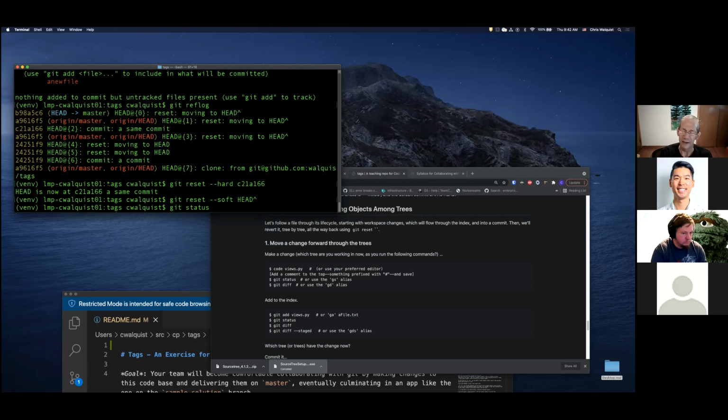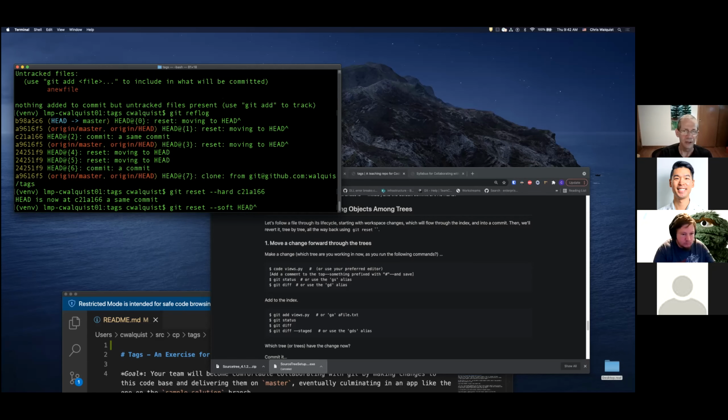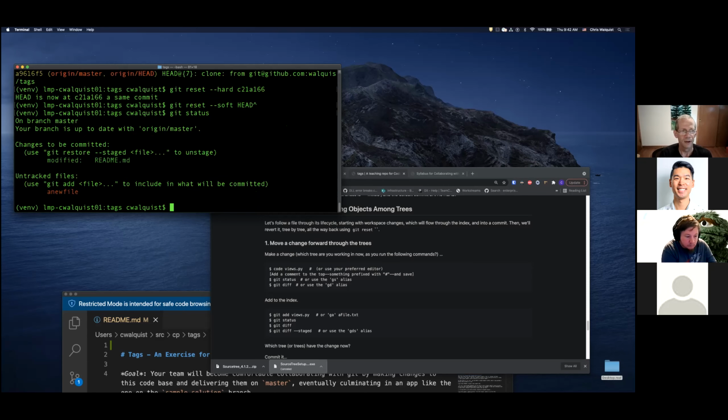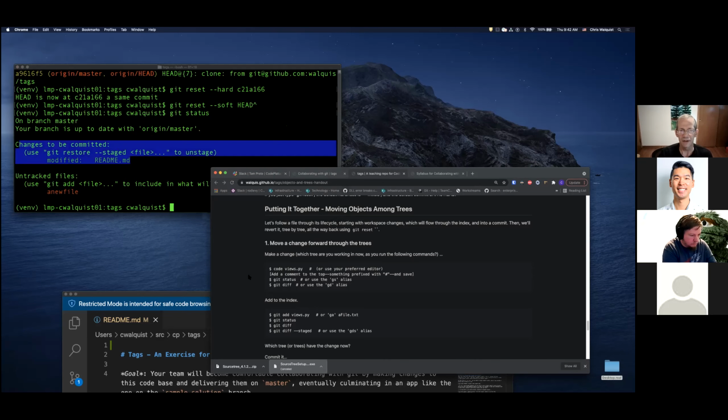There should be something else that it will show me as well. Will it be uncommitted? Will it be in the index? Will it be both? I think you're back to a changed README. Yes, it's changed, but notice that it's now in the index because I did a --soft,